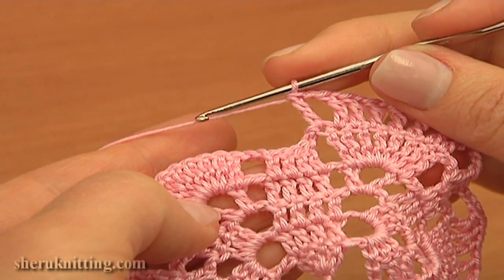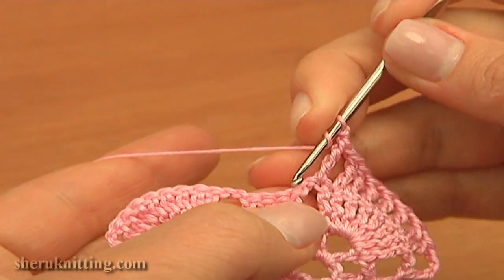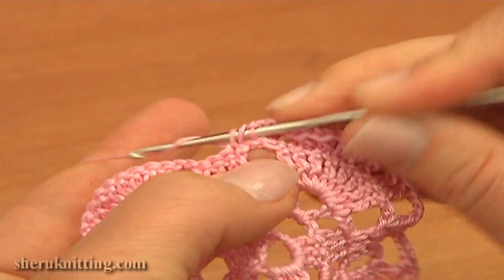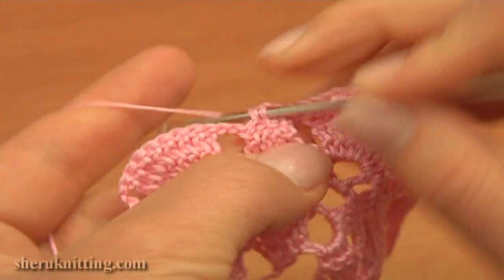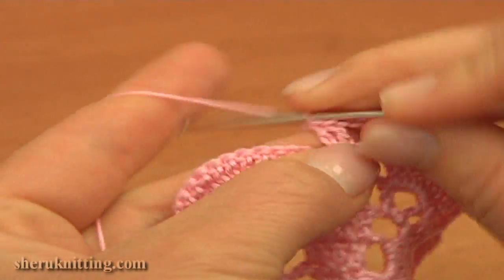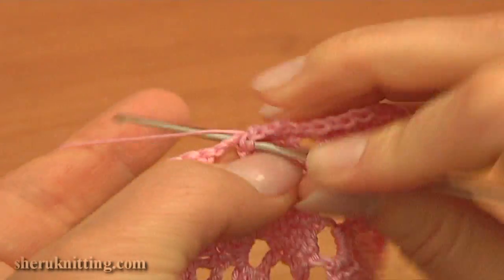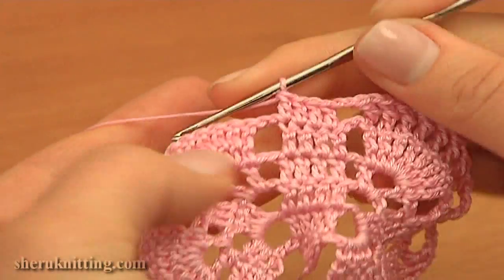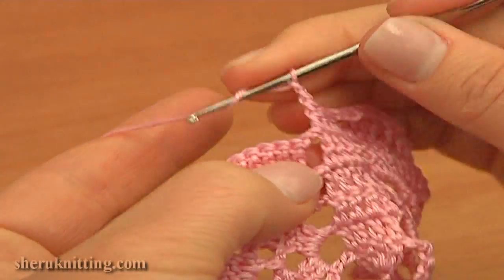Now continue, chain 2, 1, 2, and double crochet through each of the next 4 doubles. You remember, it is the body of our butterfly. And then work the second wing the same way as the first one, repeating the stitches in reverse order. So continue this row, chain 2, treble crochet through the next treble,